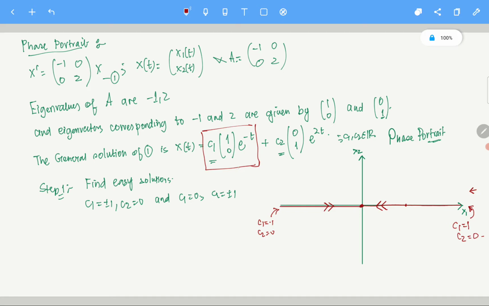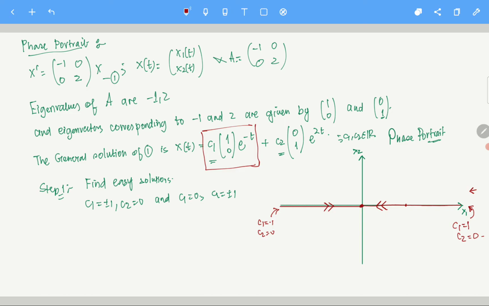Of course, again e power minus t is there, as t tends towards infinity. Okay, this is going towards 0, so basically it is moving in this direction. But one thing you need to remember is it is never attaining 0, it can't attain the origin, that's what I am trying to say. Clear? But it is moving towards the origin, that's quite clear.